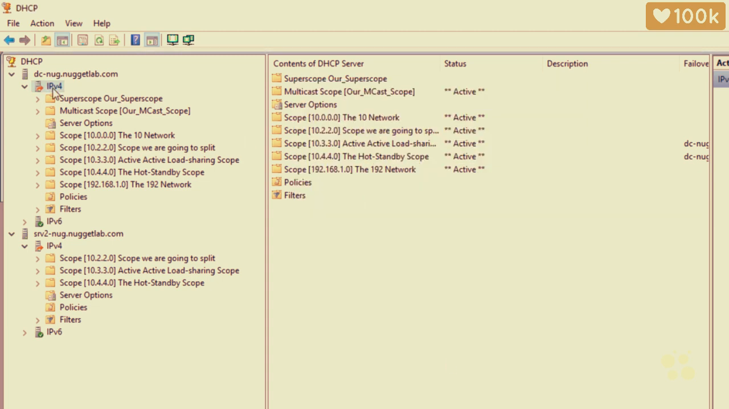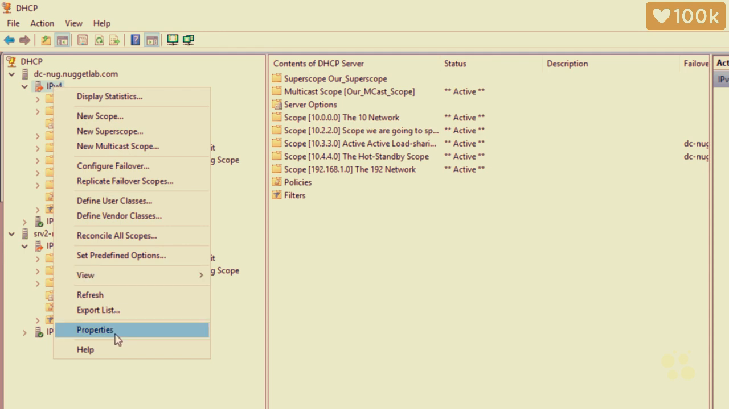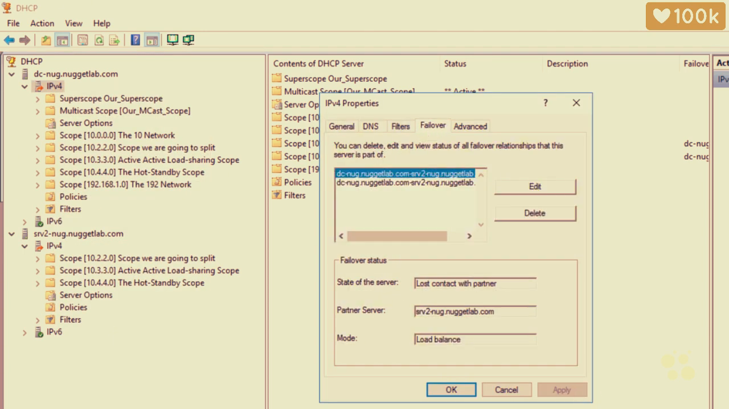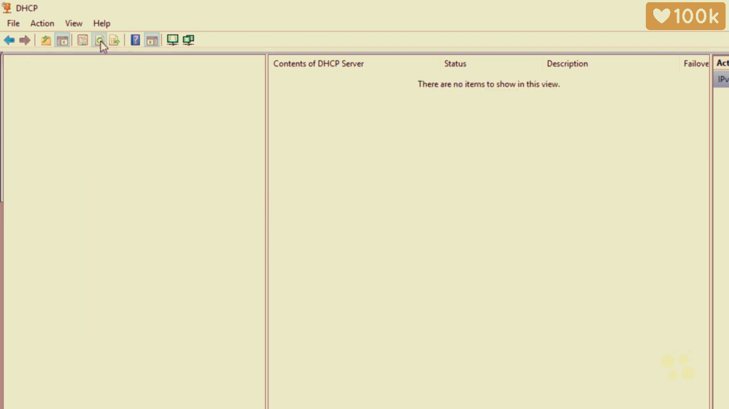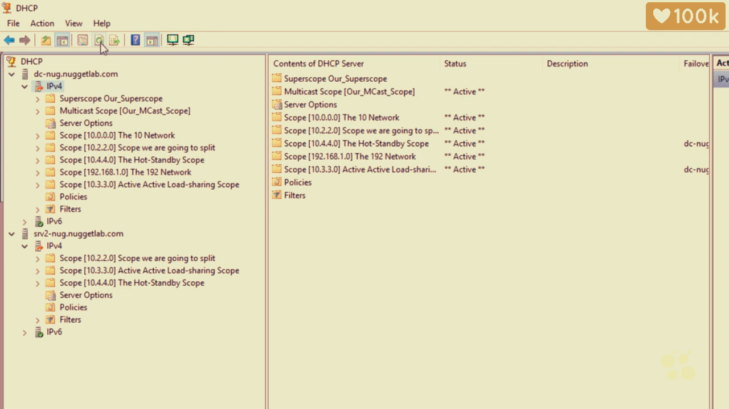If we right-clicked on IPv4 and went to Properties and then clicked on Failover, it's showing us here the failover status, lost contact with partner. And it's going to keep that state of lost contact with partner until that 5 minutes expires for the maximum client lead time. So if we click on Cancel here and we just wait the 5 minutes and click on Refresh, after the 5 minutes expires, because we now do have communications between these two devices, these icons should go back to green. So while we're waiting for that 5 minutes to pass, let's go ahead and do one more thing